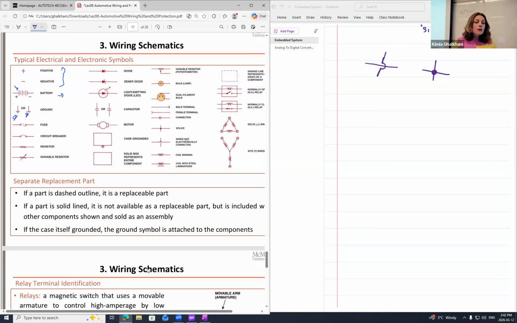You can choose either. Fuse is important to understand because I've taught you in this lecture, and I showed it in the previous slide, but this is the fuse. Circuit breaker also, we discussed in the previous session. Resistor has two types. Either it is variable or it is constant. If it is a variable resistor, what do we call it? We have it in the lab. We continuously use it. Potentiometer. Yeah. If it is a variable resistor, there is an extra arrow on top of the resistor. If it is just a constant value, we don't need any arrow.